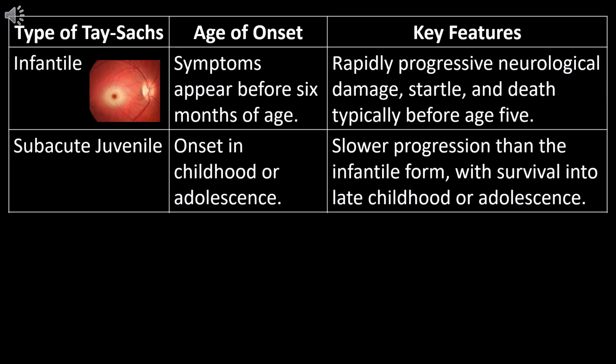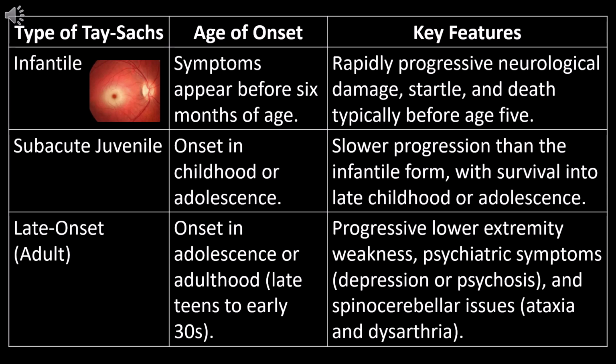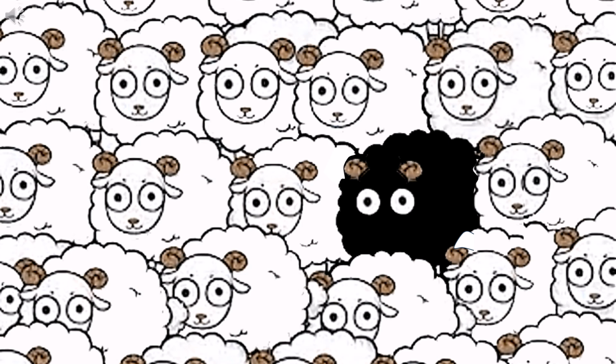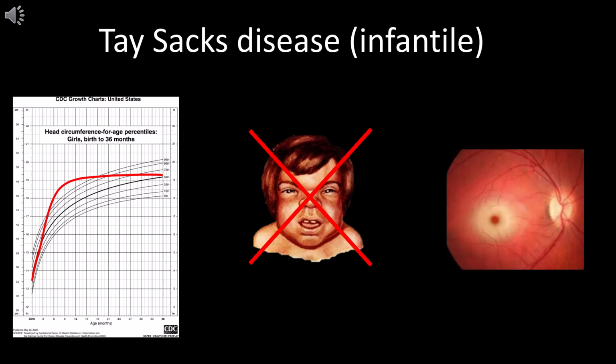Neurological manifestations advance at a slower pace and survive longer. The adult type may present with progressive lower extremity weakness, psychiatric symptoms of depression and psychosis, or spinocerebellar symptoms such as ataxia and dysarthria. The hallmarks of this condition in the right setting are: in the infantile form, a head